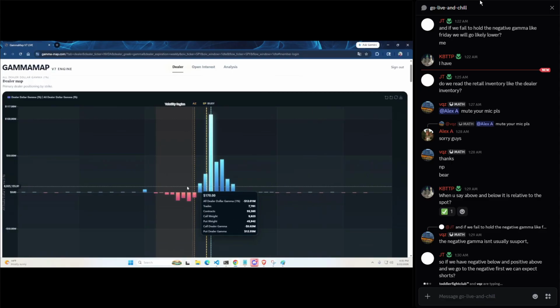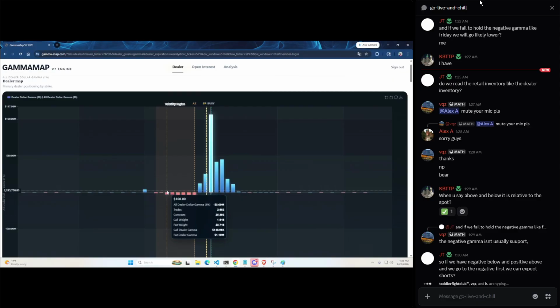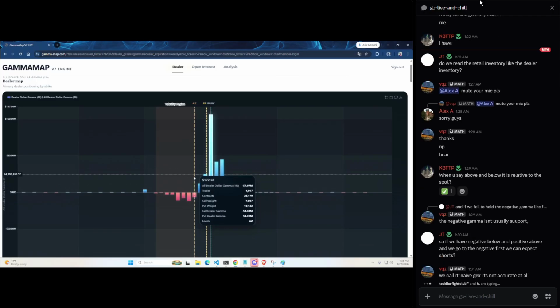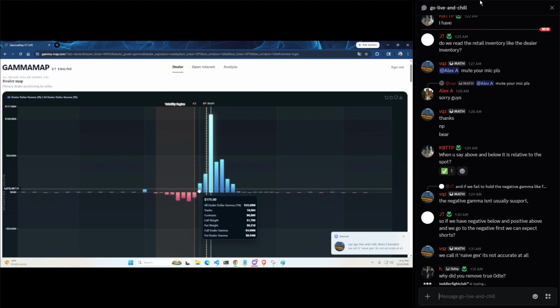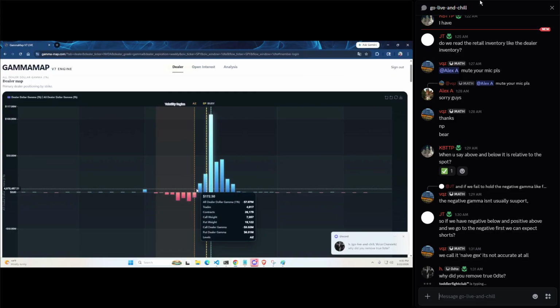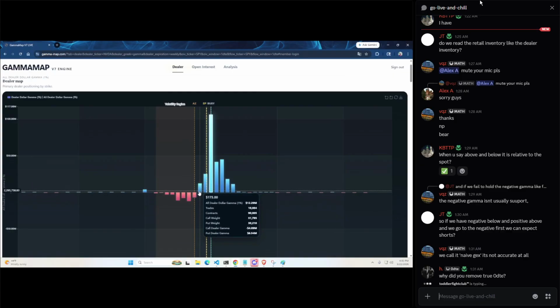So in a GEX paradigm, negative gamma, when price is in this negative gamma, dealers are amplifying the moves, and up here it is de-amplifying the moves. When you're by the flip point right here, they usually buy the dip and then sell the rip. So I like to play the flip point. So 175 is probably it; below 175 you start getting weaker and more amplified moves.